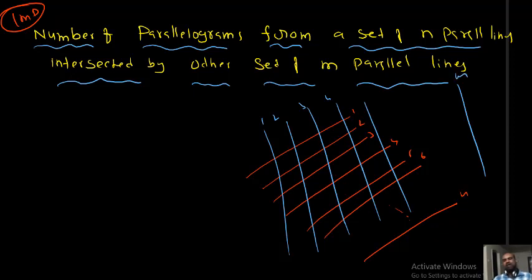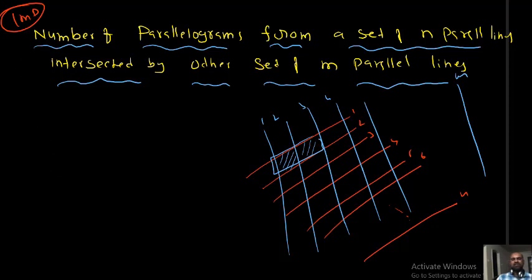So you want to find how many parallelograms exist. This is one parallelogram. This is another parallelogram. This is another parallelogram. What is the meaning of that? To draw a parallelogram, we need one pair of parallel sides and another pair of parallel sides. Okay, what I can say, from blue color lines, how many blue color lines are there?